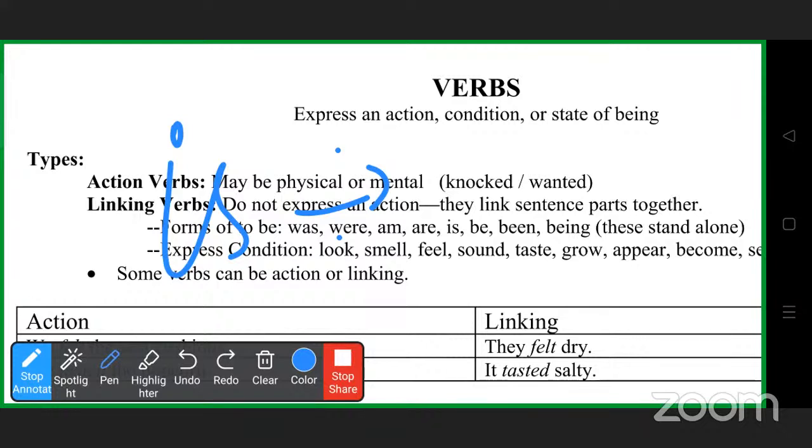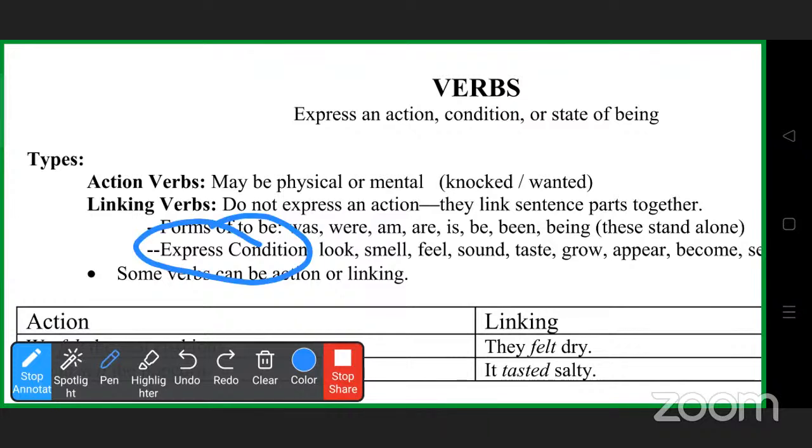A complement can be any word: a noun, an adjective, a participle, a gerund, an infinitive. It can be anything, but it has to have some meaningful unit to it. Then there are verbs like is, am, are, was, were, or being. These are the forms of to be that come under the category of verbs of incomplete predication. And then there is another category of verb of incomplete predication